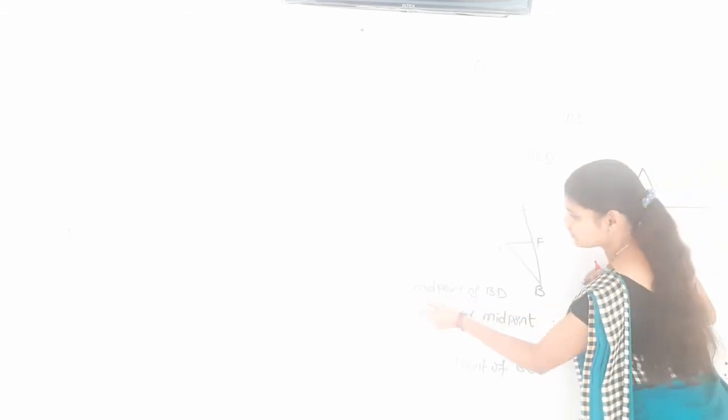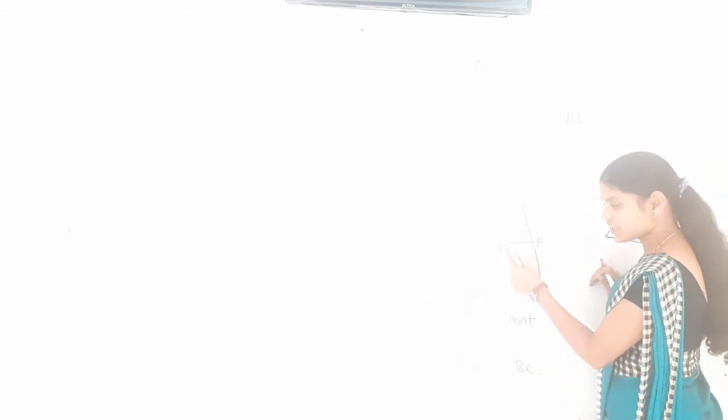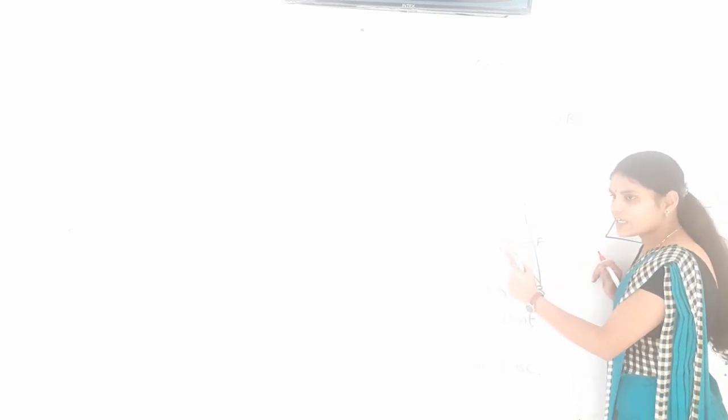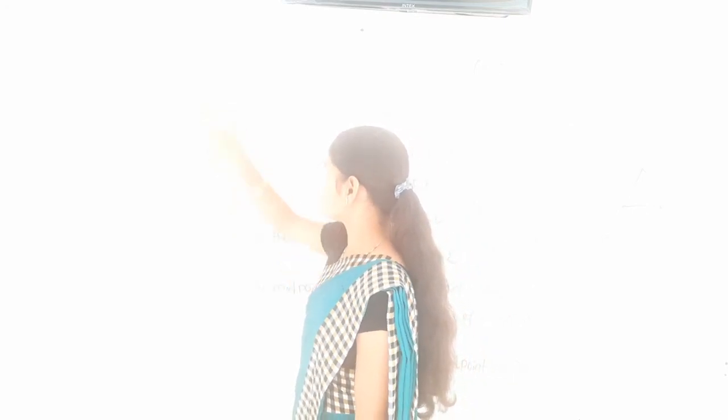Yes or no? Same theorem. G is the midpoint of BD. Yes, the line which is drawn from the midpoint of one side of a triangle is parallel to the second side and bisects the third side. By using the converse of midpoint theorem, automatically you will get F as the midpoint of BC. Why? This line bisects BC at the point F. So F is the midpoint of BC. Our requirement is also to show that this F is the midpoint of BC.